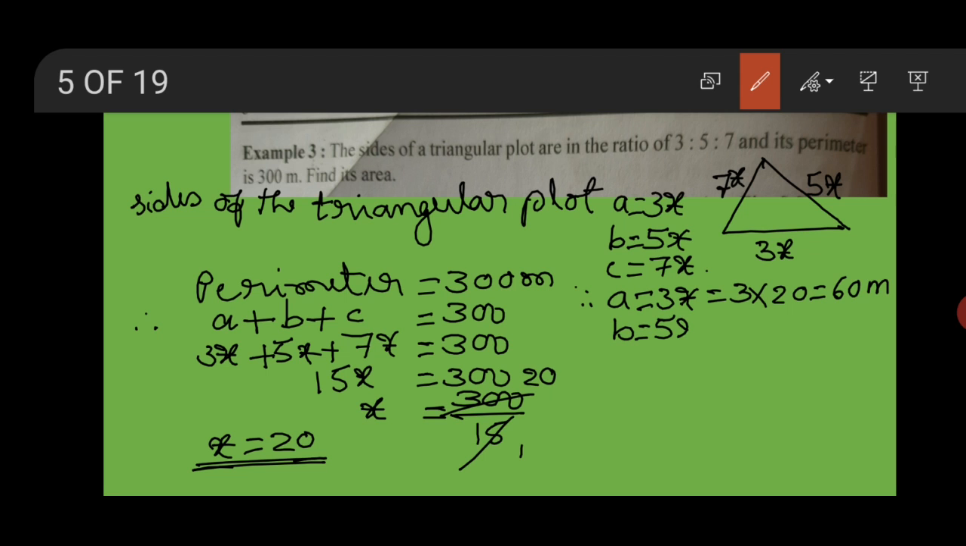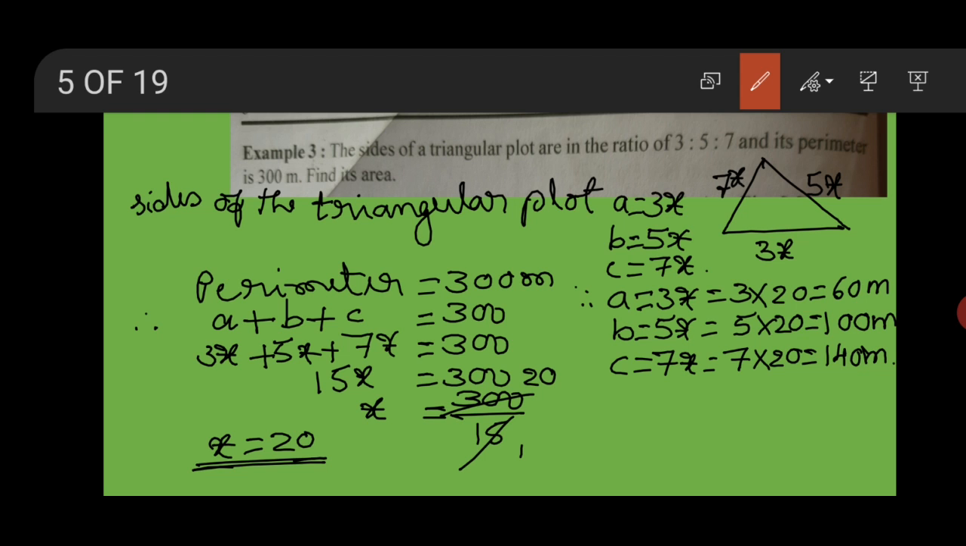Then b is equal to 5x. 5 into 20 is equal to 100 meter. Then c is equal to 7x. 7 into 20 is equal to 140 meter. Therefore